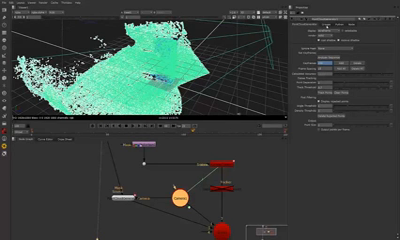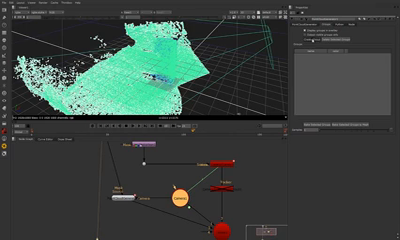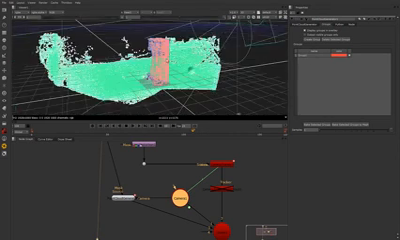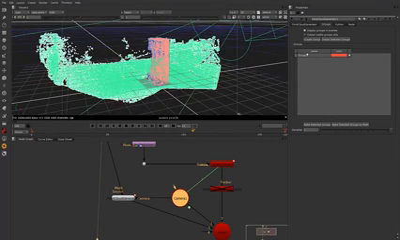So with those selected, what I'm going to do is go to groups, which is in the second tab here. I'm going to create a group, and what it's done is it's created a group out of that selection. I'm just going to